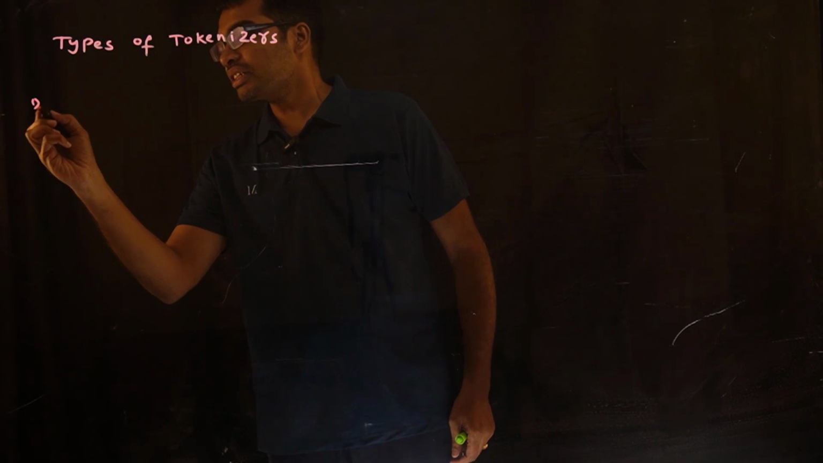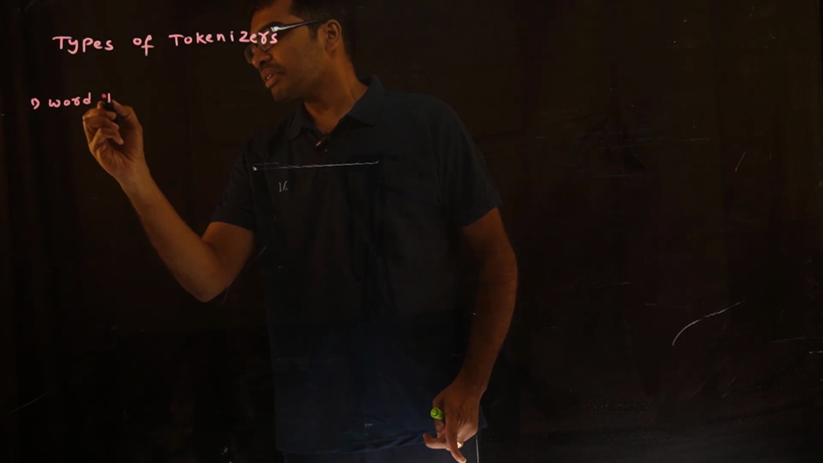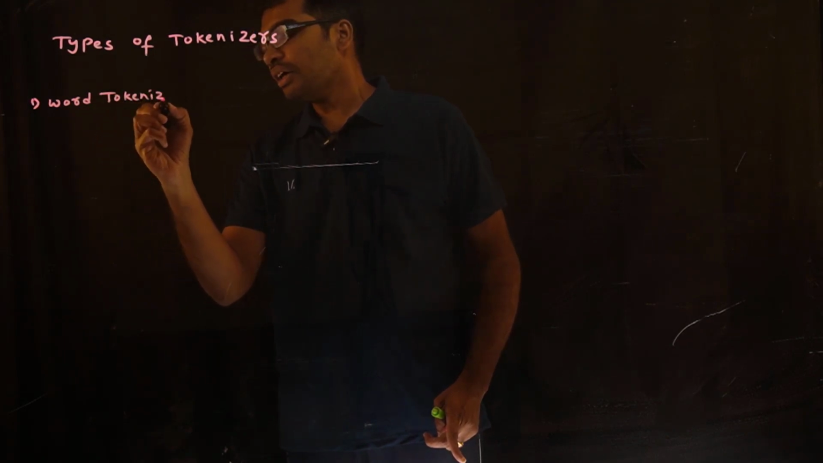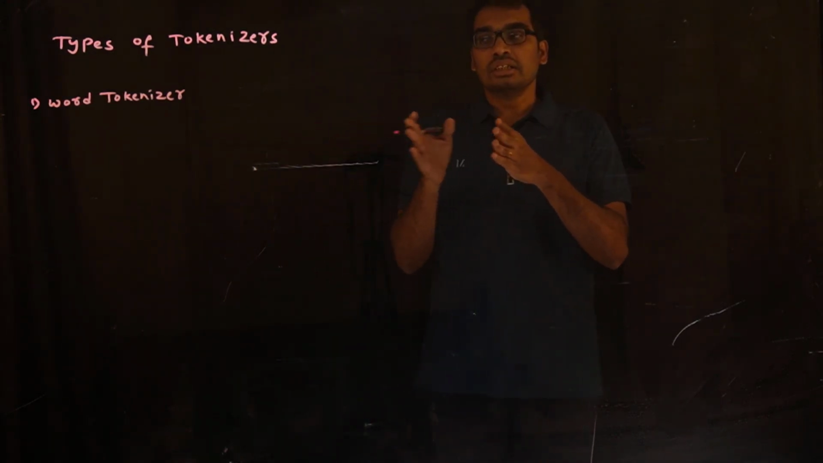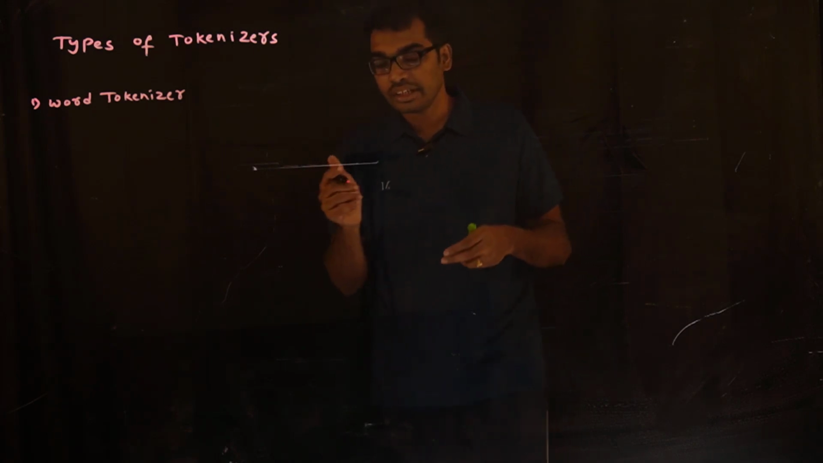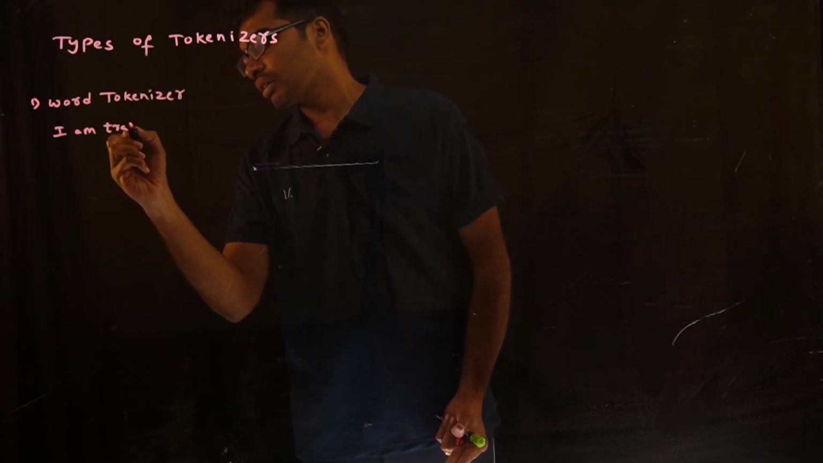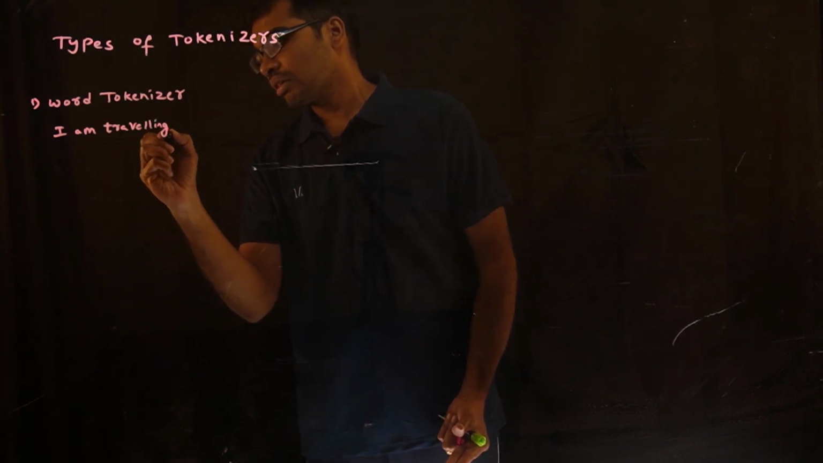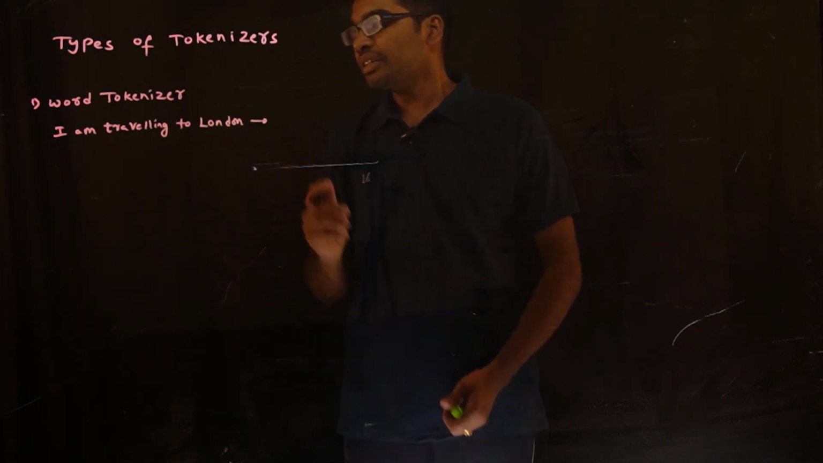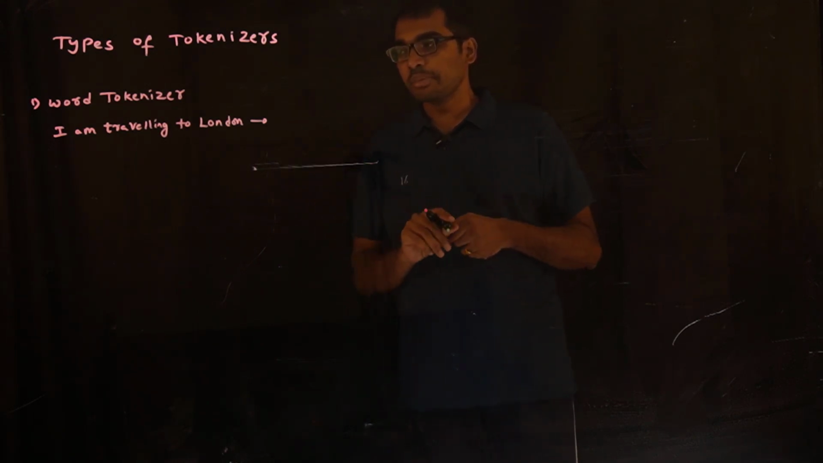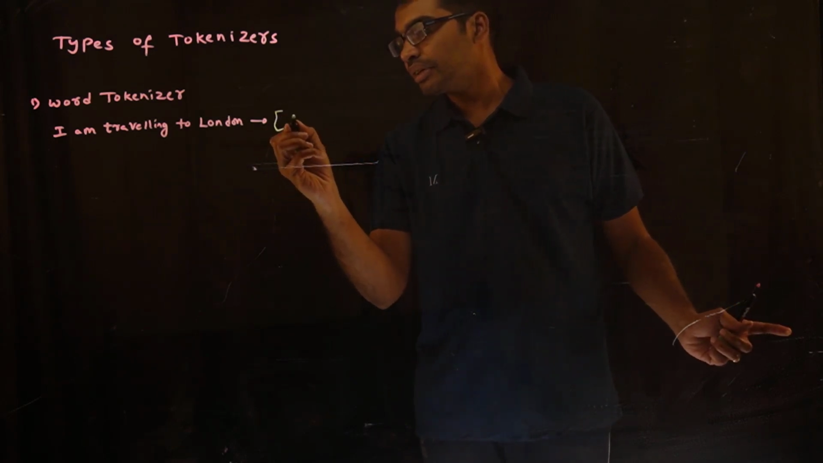For the first one, I could say the word tokenizer that we discussed in the previous class. A word tokenizer basically breaks every sentence into different words. Let's say I am writing this example: "I am traveling to London". If you perform text pre-processing, like stop word removal and then stemming, it becomes travel